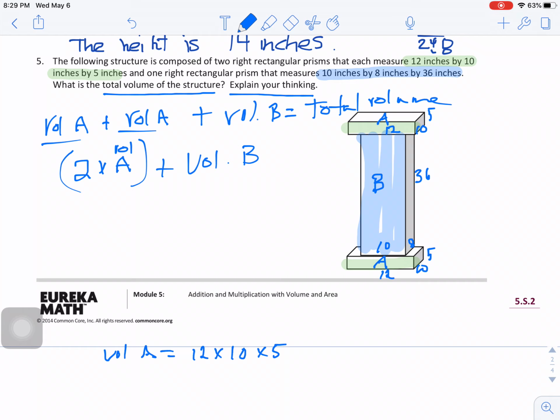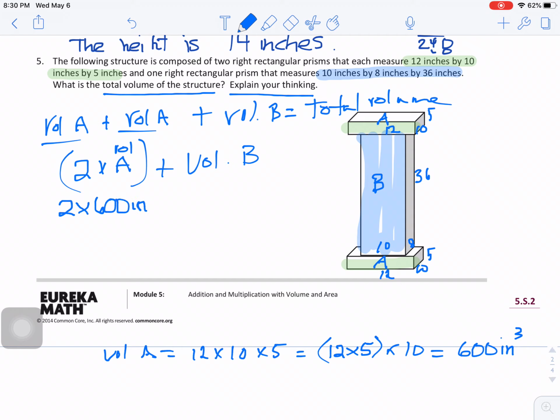I think I'm going to do 12 times 5 first, and then multiply by 10. So that would equal 12 times 5 is 60, and 60 times 10 is 600. And our measurement, it is very important because we're doing volume that I have inches cubed. Okay? So if I go up here into my formula, I'm going to put 2 times 600